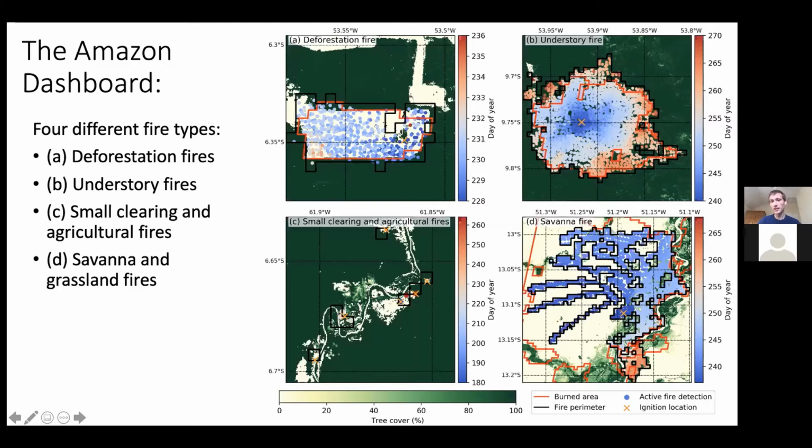We can't observe the entire fire this way, but you can distinguish the fire line and how it's moved from one day to the next, to the next. It takes about 12 hours for the satellite to revisit the same spot on Earth, so this is the distance that the fires move during that time. But in this talk, I'm really interested more in those first three fire types that tend to be